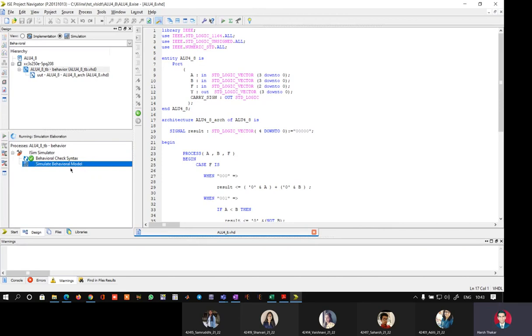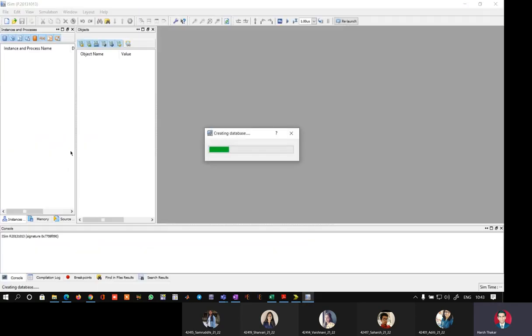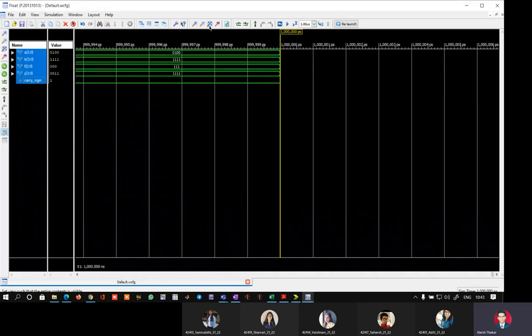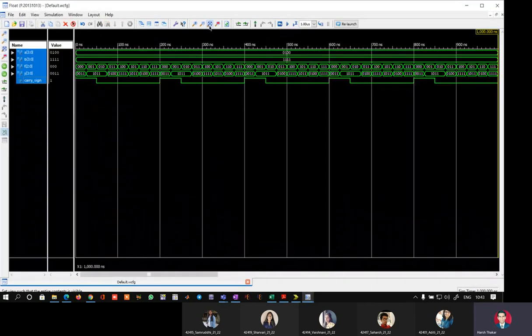You just say run, and once you get the waveforms, you do not touch the simulation scale. So once it opens, you right click float, you say zoom to full view, and according to the operands given here, we will get different results for addition, subtraction, and the 6 logical operations. So students, please remember, whenever you run the test bench for ALU, USR or FIFO, you do not make any change in the parameter written here.